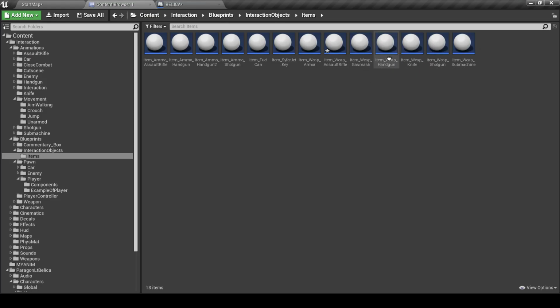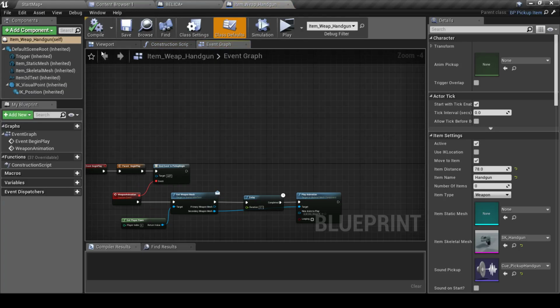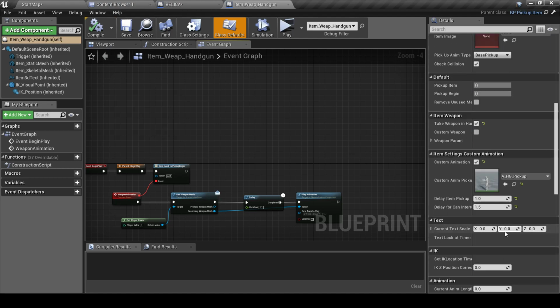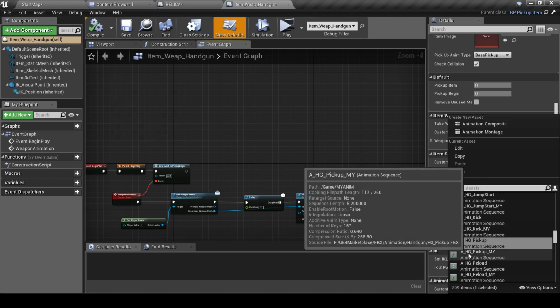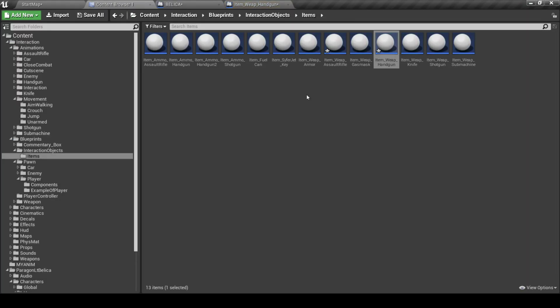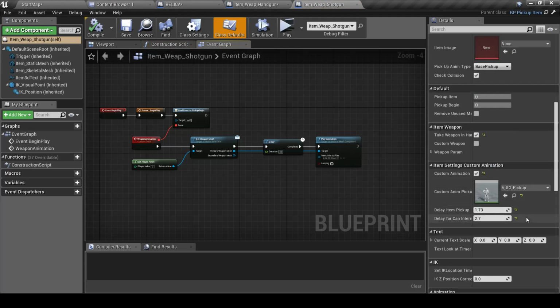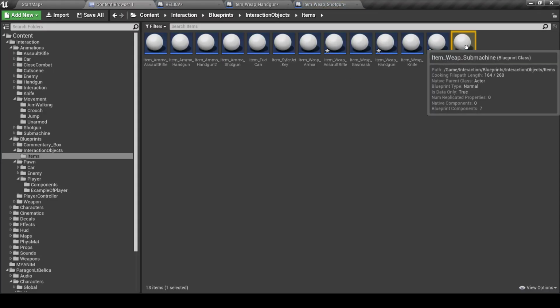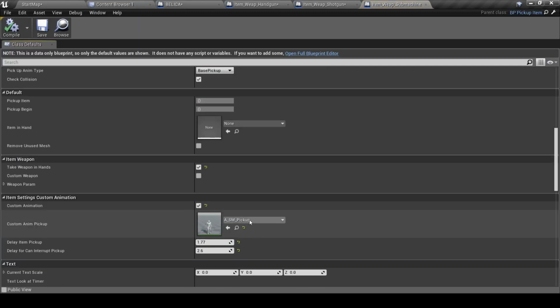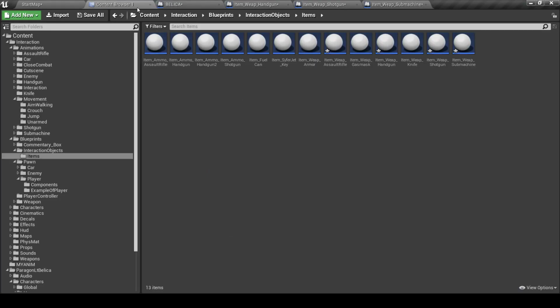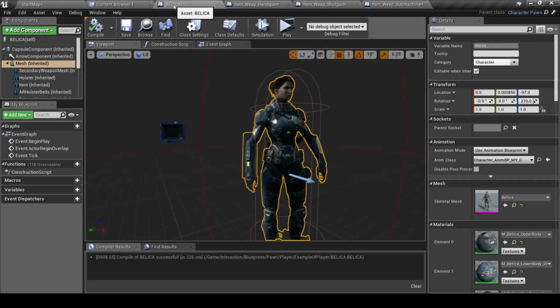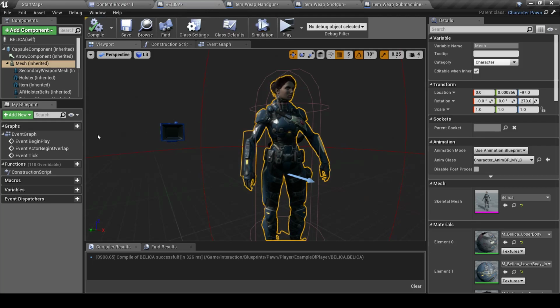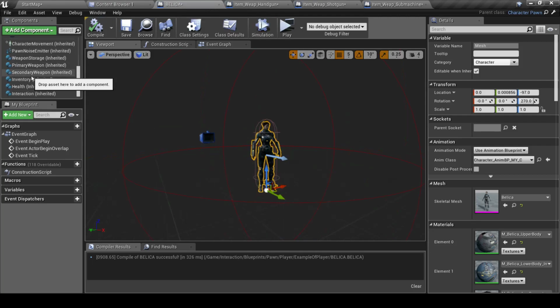We need to do the following for the handgun, and handgun pickup my. And for anything else we want, like this one as well, and the submachine gun as well. Pickup. Okay. Now what we need to do is to go to Belica, character pawn, blueprint, and set some things